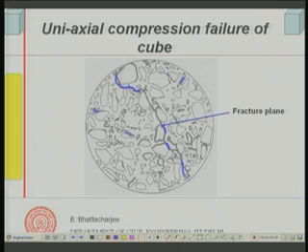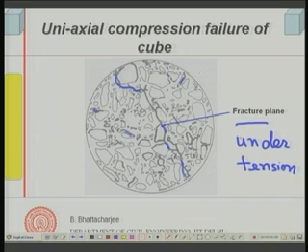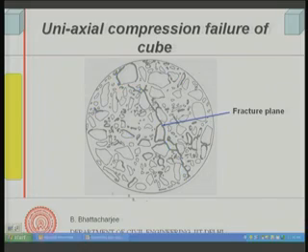So, that is how the fracture in concrete takes place under uniaxial compression, uniaxial tension actually this should be, because under uniaxial compression also you will see it, but it is continuing with the same one, it is the fracture plane essentially under tension, because compression also actually results in a form of tension. So, under tension this is what will happen, but compression also generates tension, that we shall see later on, right. So, that is fractures of concrete.